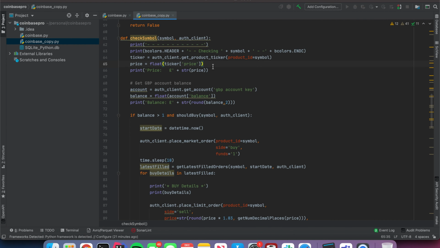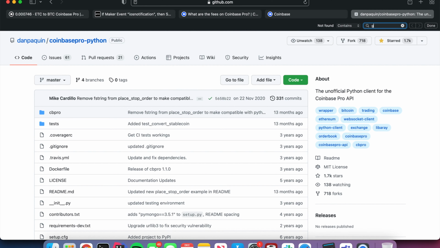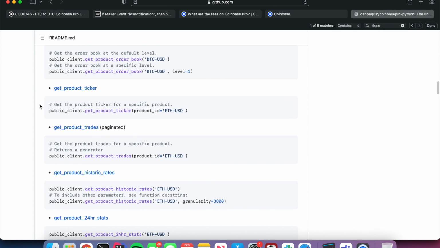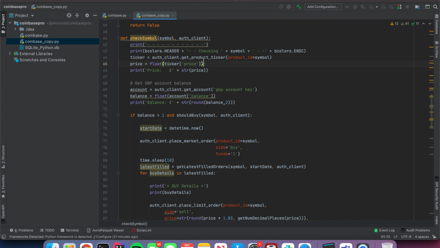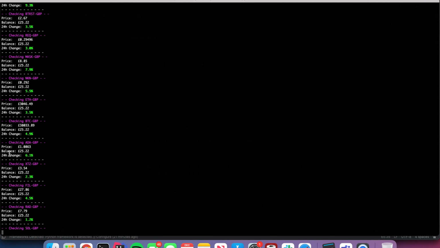So the first thing that we do is check the ticker to get product ticker. Yeah, so this, if we just look at the API, it's literally just like the latest details for that product. So what we do is, from this information, we can get the current price, and then I output that into this little info. So you can get the current price there,